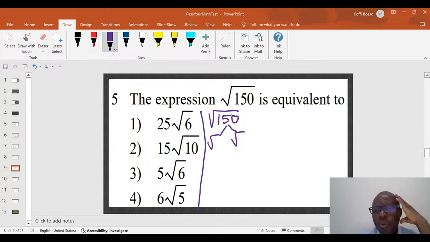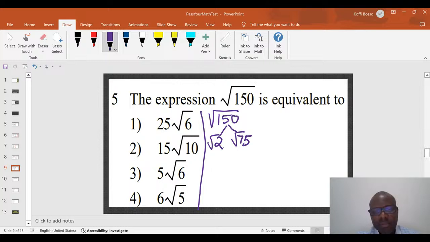Suppose I'm trying to find what perfect square I can multiply by another number to get 150. Maybe it's hard for me to do it mentally, but no problem. We can just try it step by step. First of all, I try to use 2. Can I multiply 2 by a number to get 150, which is similar to dividing 150 by 2? If I do that, I get